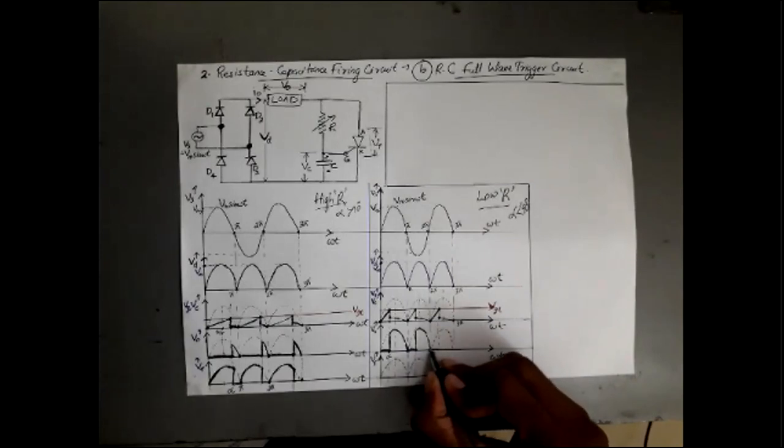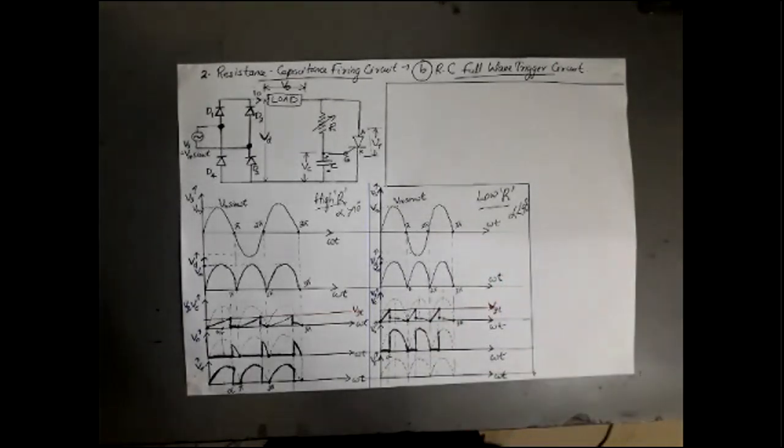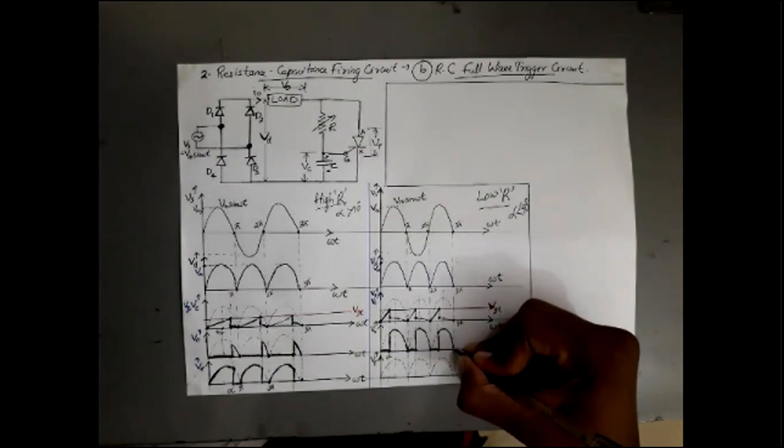Okay, and from omega t is equal to 2 pi up to alpha, again my SCR is not triggered, and at alpha, that is at 2 pi plus alpha, my SCR is again triggered. Then I naught starts flowing and V naught will be appearing across my load. Then my load voltage will take the path of Vd. Taking the path of Vd means what? It becomes equal to Vd. So V naught will be equal to Vd when my SCR is triggered. Hope it is clear for you.